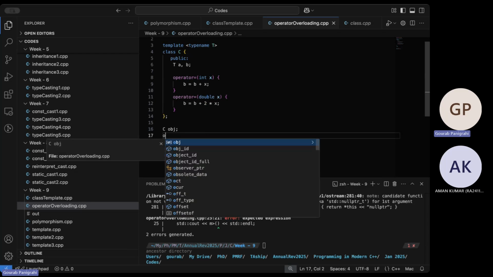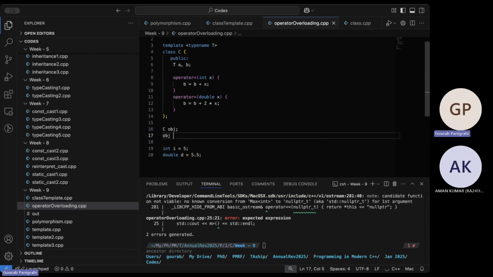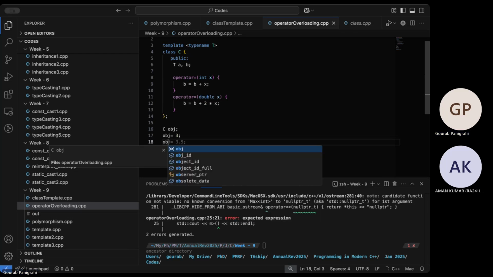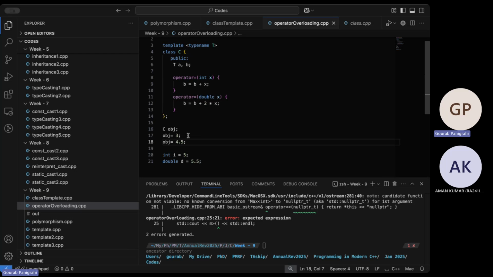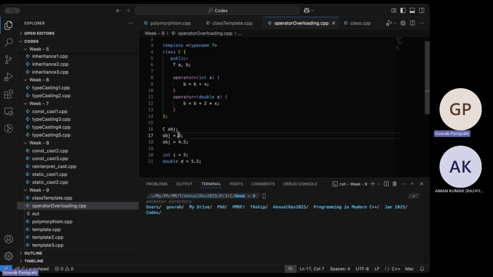So if I have the object equals to 5, because 5 is an integer, because equal to for C is integer, it will use this definition of operator equal to.